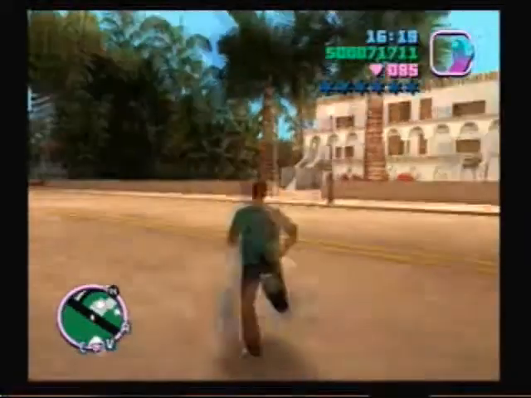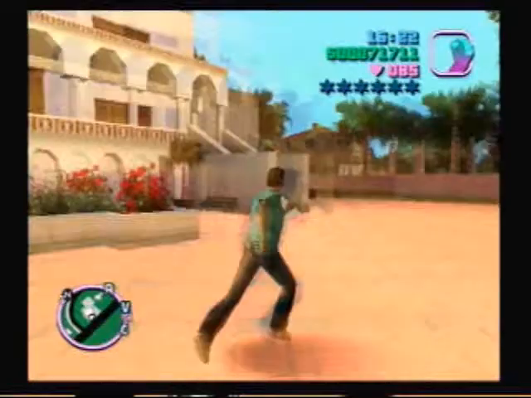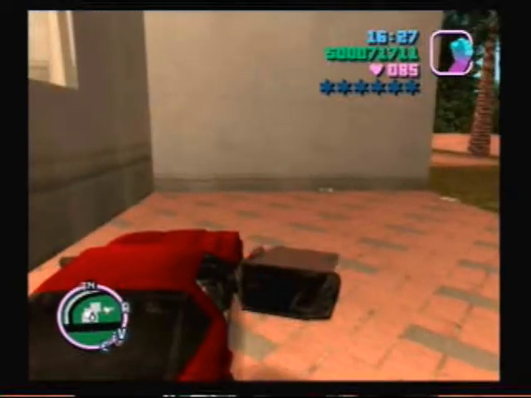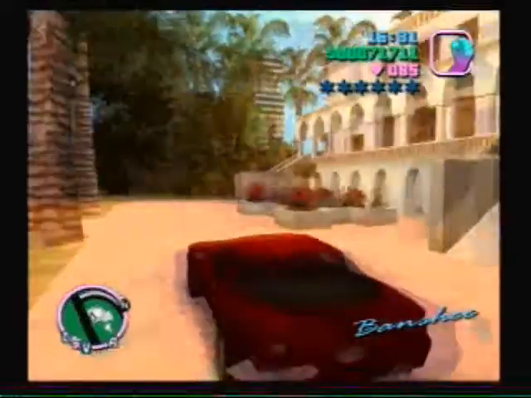Sorry about the lag here, but I'm post-commentating this, and we're on Starfish Island. This is the house directly next to the Vercetti estate. Well, it's to the right on the map anyway. And this will be our first car. We're doing the third car list for Sunshine Autos, and this will be the Banshee, which is the first car